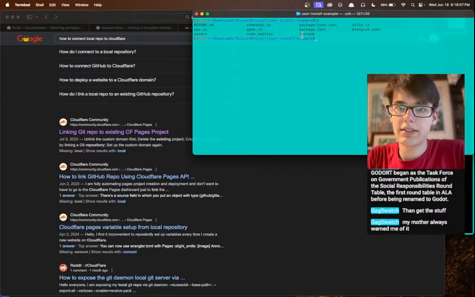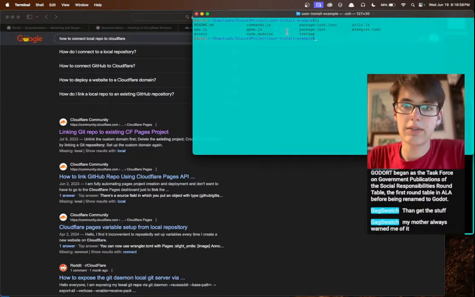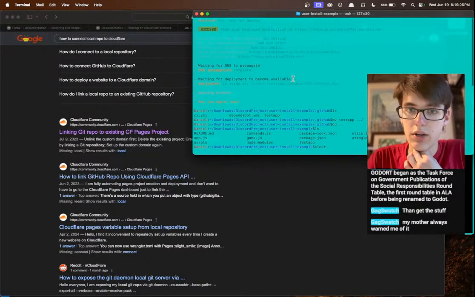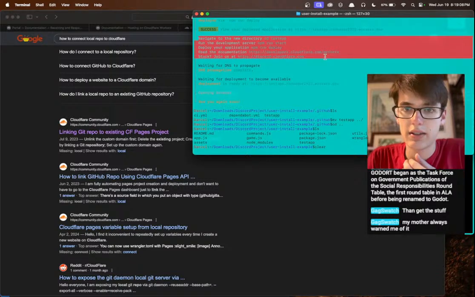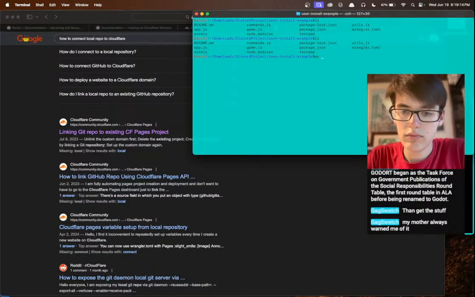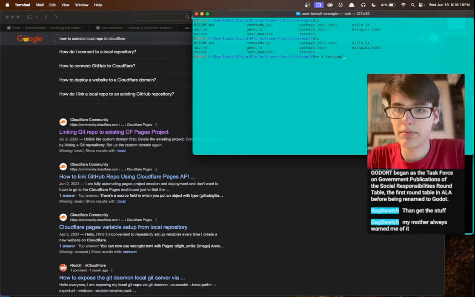Okay, so here we are. We have our new test app, which is what it created for us. So I think if we move all of these files into that and then deploy, it'll push all of those changes to the web as well. So you can see here we have the things we were allowed to do. So I think if we move everything into test app,